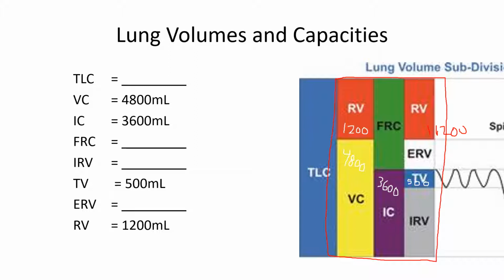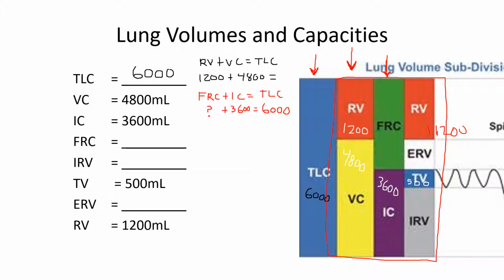Here we got 1 column worth, RV plus VC, all right? That gives us 6,000. So we know each column is gonna be 6,000. So that's the one I looked at first, and that gave me this answer. So let's solve another one. Now that we know TLC, let's solve this. FRC plus IC equals TLC, so I can just solve for FRC. 2,400. And then the next thing is